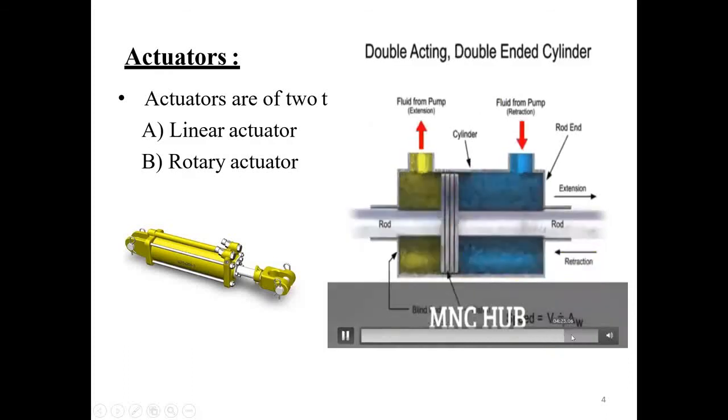Fast cylinders work simply. The flow rate is the same and the piston areas are the same. The speed for extension,